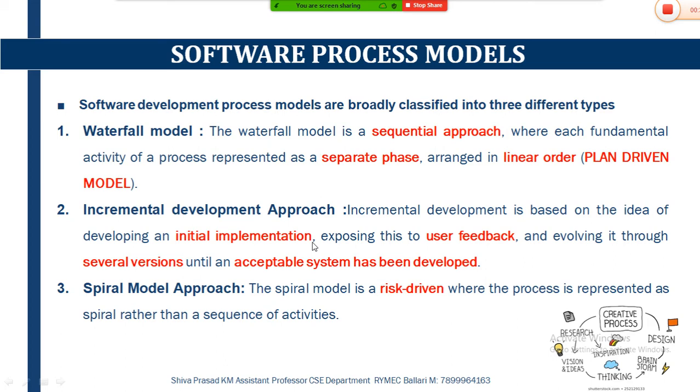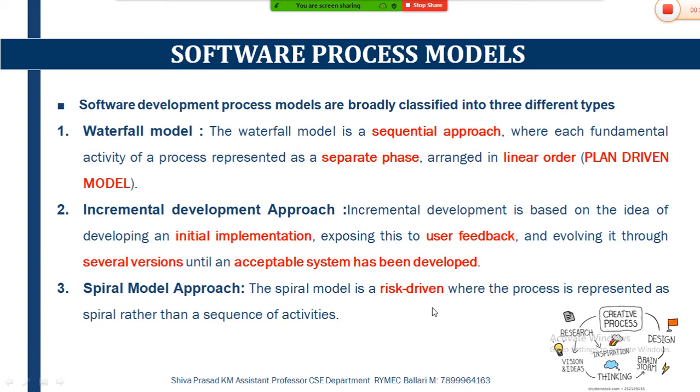The incremental development approach also works parallelly with all the basic fundamentals, whereas the spiral model also works with a parallel approach rather than a sequential approach. The difference between incremental and this one is that in incremental, the customer is needed every time, but in the spiral model, the customer is not needed every time. Instead, we start working on our own, and until you complete the entire product, it will not be exposed to the customer. Here we are going to identify what might be the risk for each and every process we are going to carry out in the spiral model process.